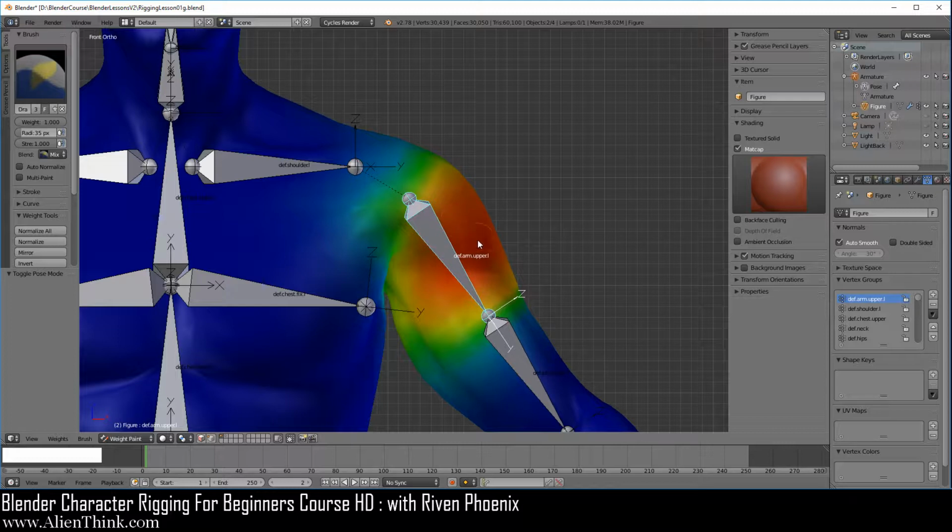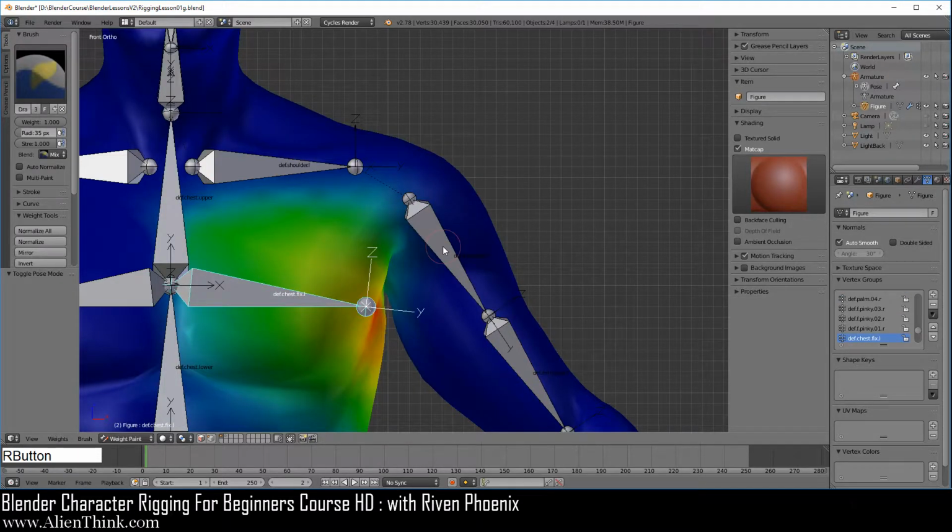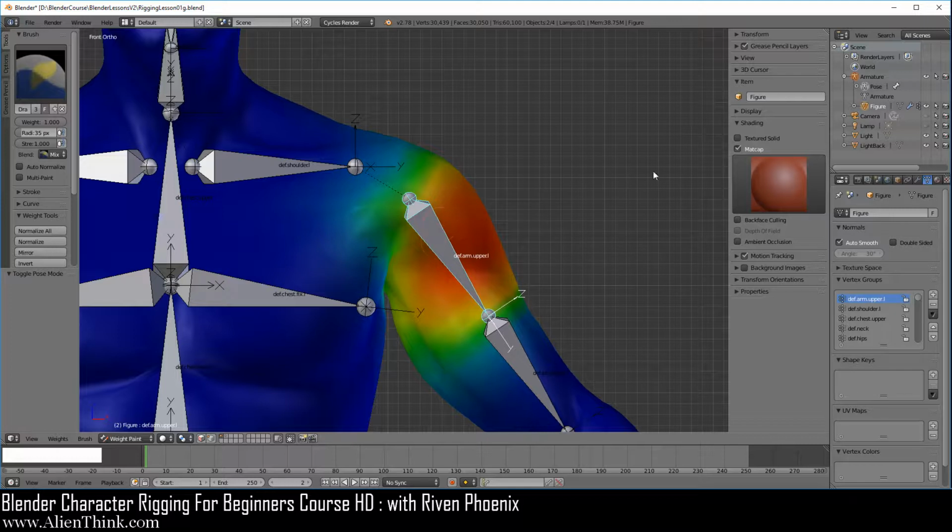When you do this, it will automatically select the vertex group. Okay, so if you want to quickly get to that vertex group, all you have to do is click on the bone. Now this is only possible when the armature is in pose mode.